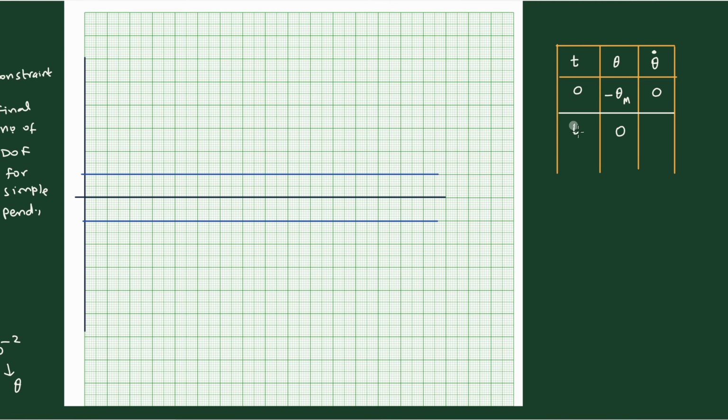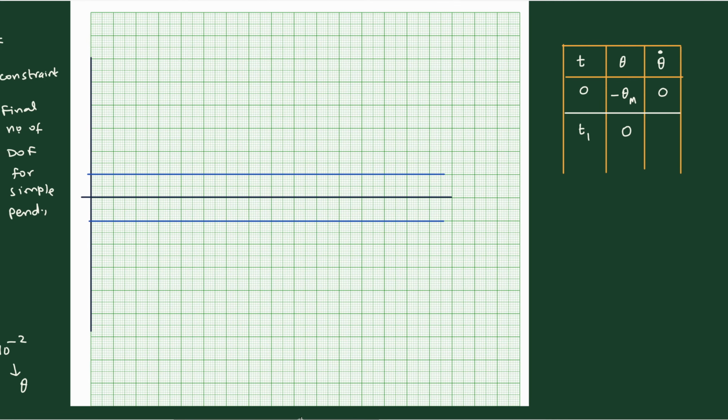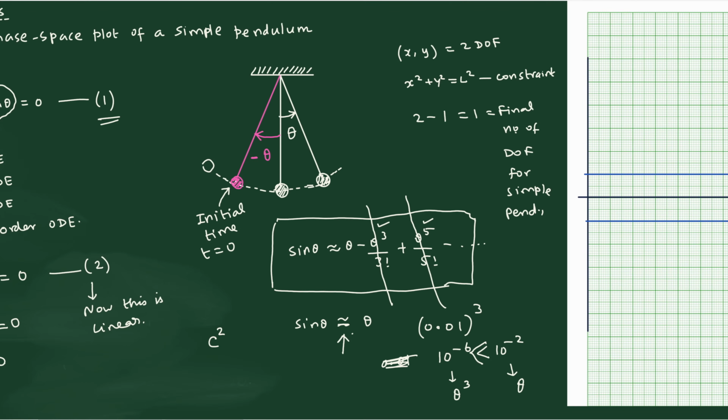So you'll have to say that at time t1. I do not know what the time is, but you'll have to perform the experiment, and then you will get some time. At a particular time, the bob will be crossing. Because I have drawn the diagram somewhere else, let us go back and see. The bob will come like this, in this direction, and then it will cross this particular place. The moment the ball is crossing the equilibrium position, that time is what you are going to note down. That's what I mean to say.